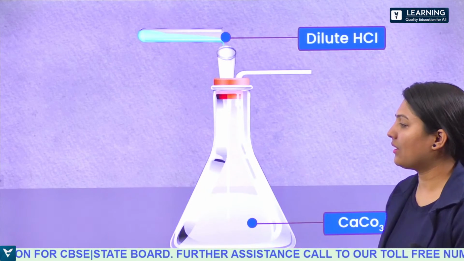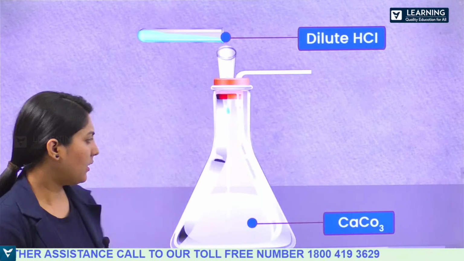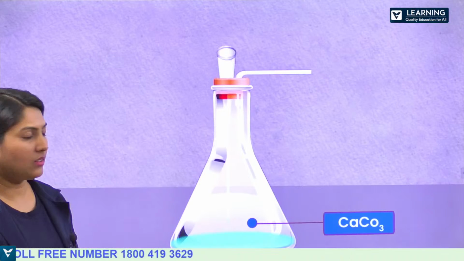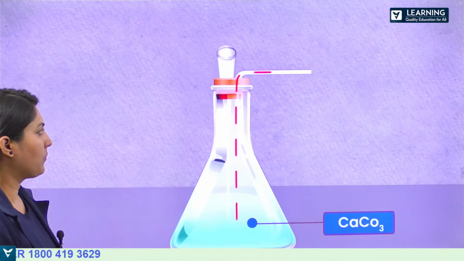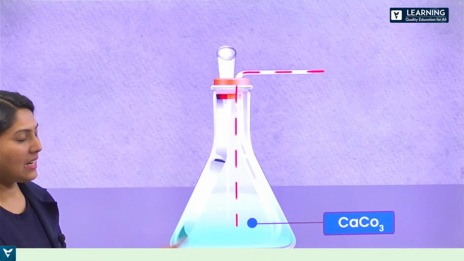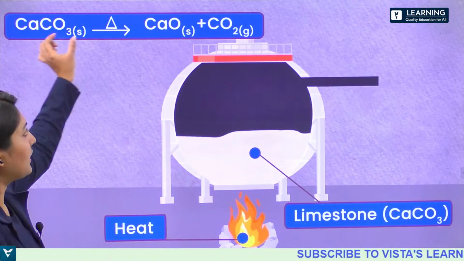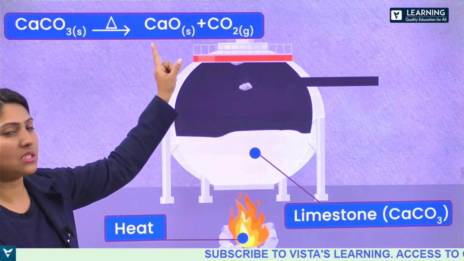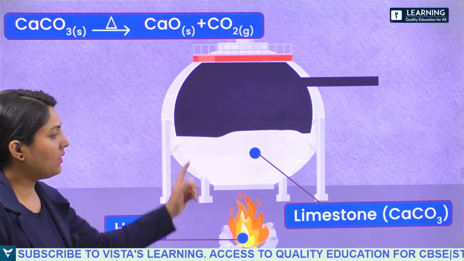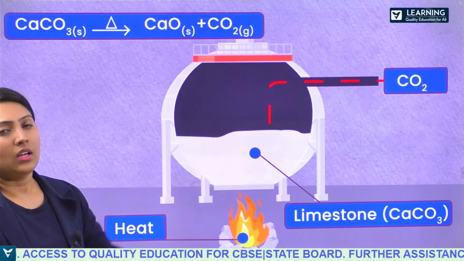So here we have one more property: calcium carbonate, when treated with acid, releases carbon dioxide. So in the reaction of calcium carbonate with acid, we get carbon dioxide. Calcium carbonate, when it is heated, also gives calcium oxide plus carbon dioxide. So when we heat limestone, which is nothing but calcium carbonate, we get the evolution of